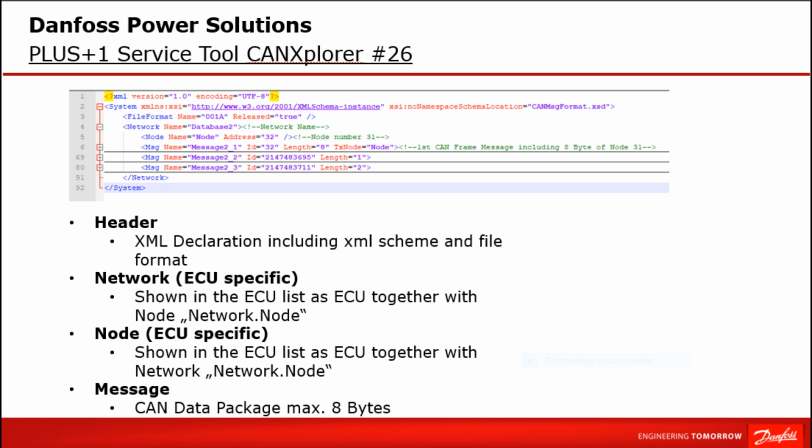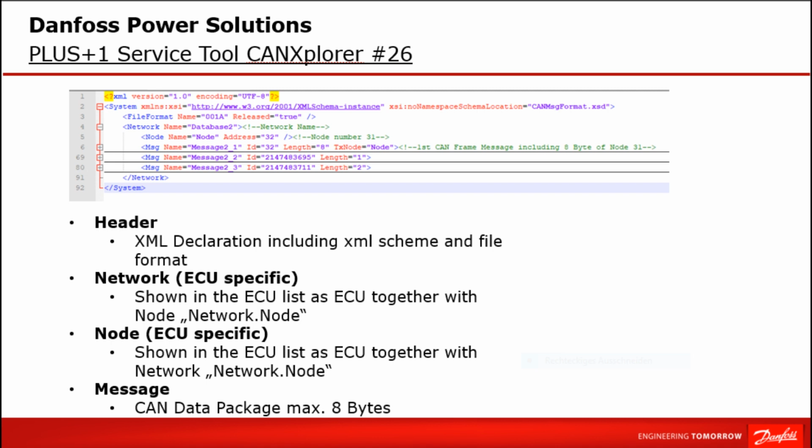So the 0 reflects the network and 2 does show the node. This network element acts also as the main folder of this XML file, where furthermore elements and attributes will be added as subfolders or increased level. Like the next element called node, together with the previously mentioned network, an ECU-specific element, which will be listed inside the ECU field. And this third and also the last element we have to take attention to is the element